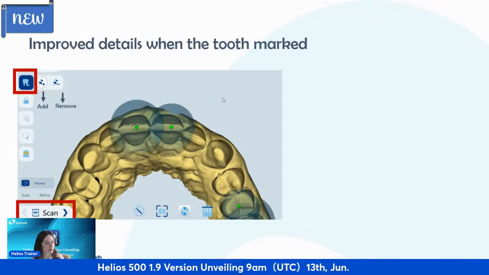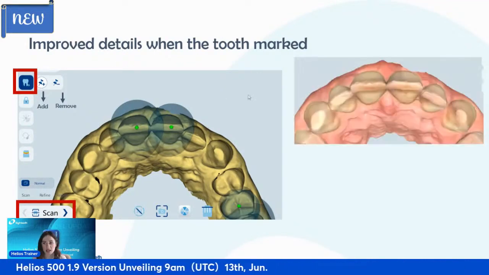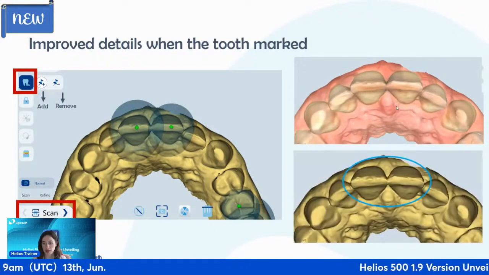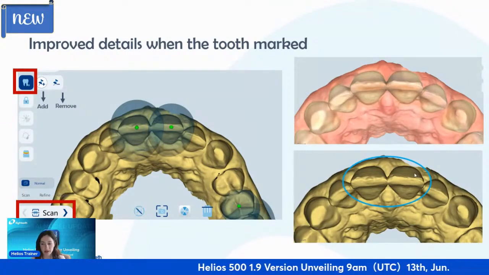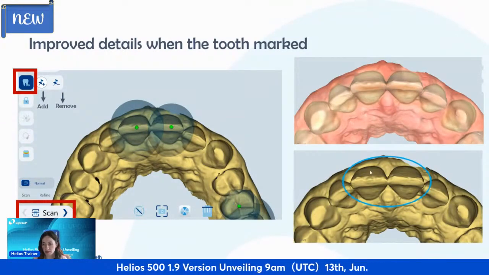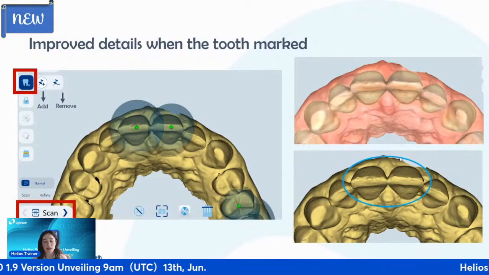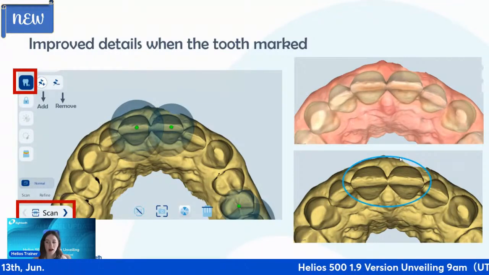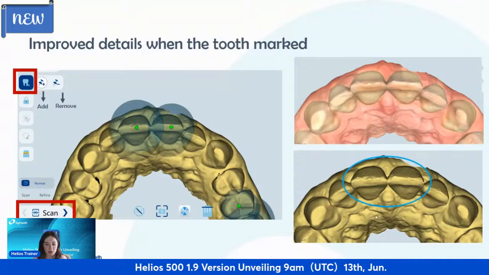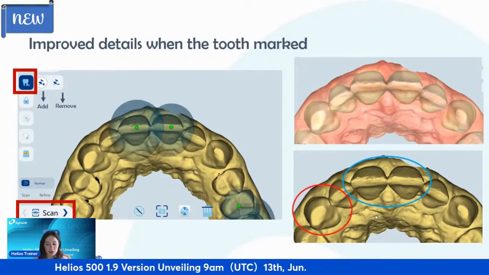Let me show you the difference. You are going to see the colorful file and the monochromatic file. After the refine phase, you will see in the blue circle, in the software, it will automatically be high resolution. It will be rendering. Maybe you will see it better if you check the red circle and the blue circle